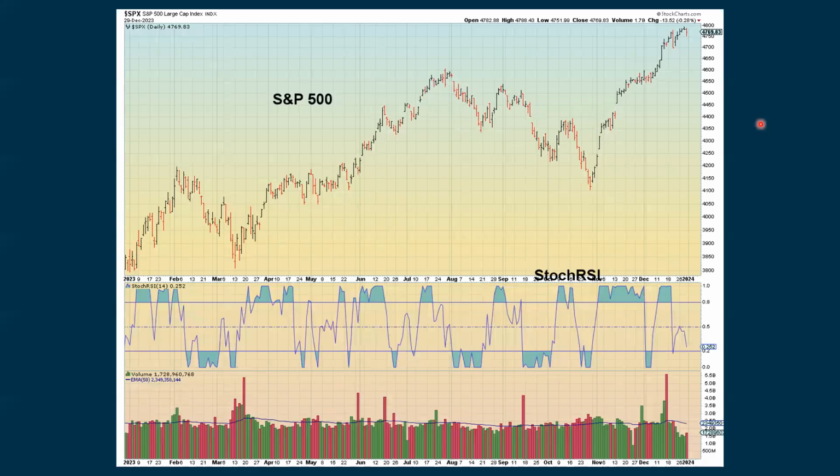Then we have a number of short-term oscillators that we look at. For some reason, this one hasn't been coming up on the list lately. This is the Stochastic RSI. It takes a stochastic study and an RSI and tries to put them together. It's a pretty touchy little indicator. We can get extreme positive or negative and then just stay there for a long time. This is also included with some other shorter-term indicators that I go through every day. Right now, we're not giving any kind of an extreme positive or negative reading, so I haven't been showing